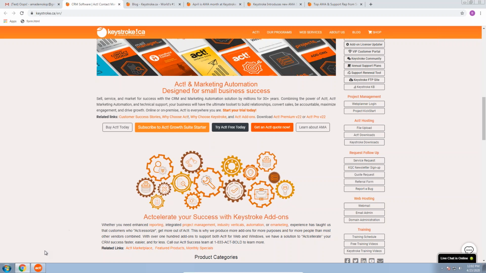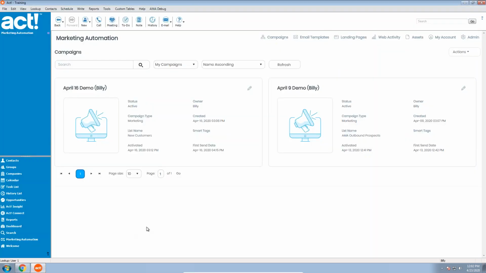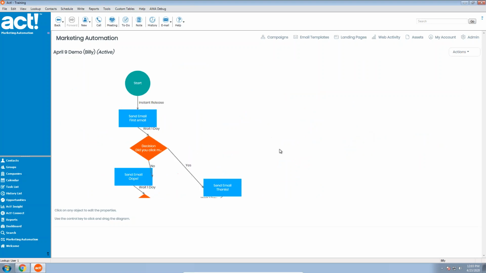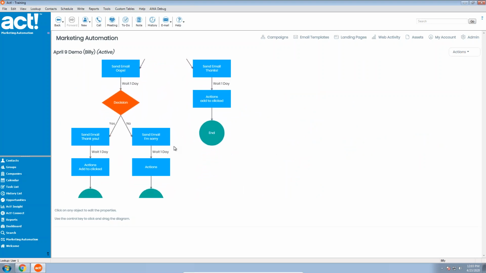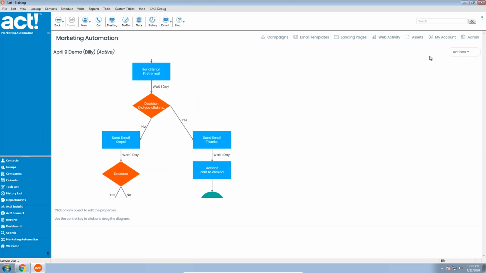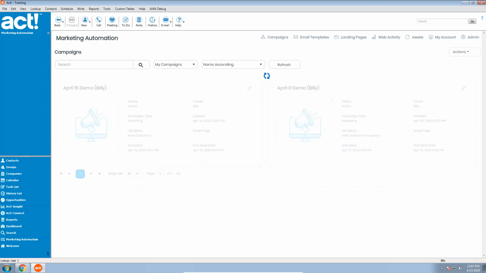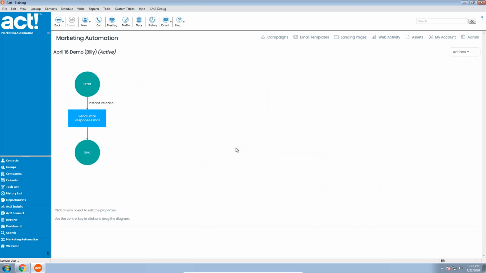Let's go ahead and get into the thick of it a little bit. In previous sessions, we've made a couple of campaigns regarding our decision trees. So I just want to visit each one of the sections we've done so far. We made a whole bunch of decision trees here. We're going to be able to add assets into campaigns like this, and later on make those a part of our decision trees. And then last week we made an inbound customer flow where someone fills out a web form,